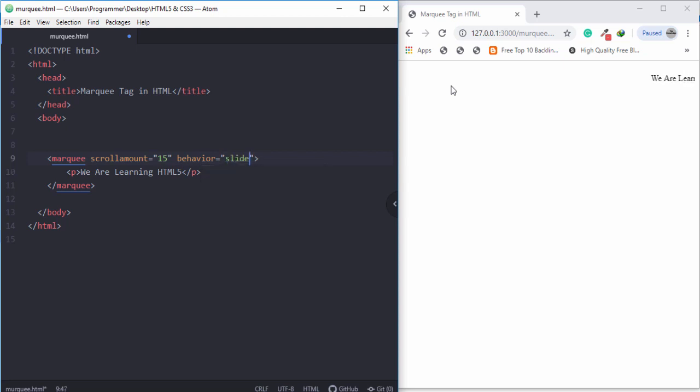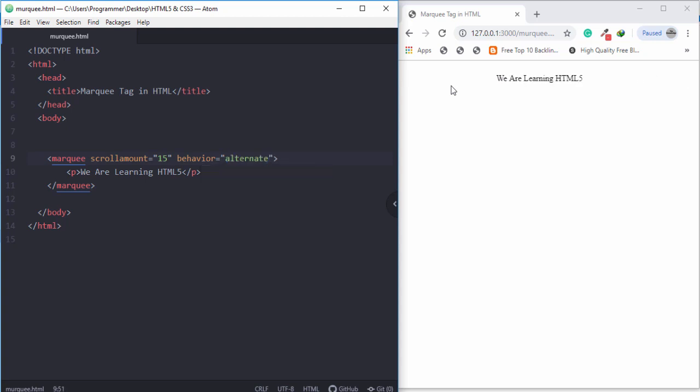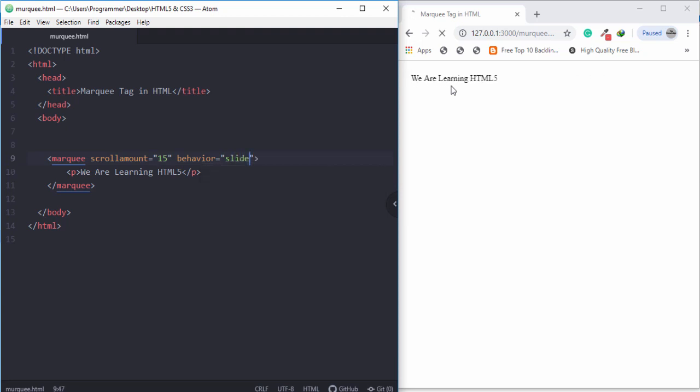So I'm going to use slide. Save that, and then you will be able to see the text move. Okay, this text has appeared on the right side, but alternate is used to keep moving the text, as you can see, guys. And slide is used to display the text on the